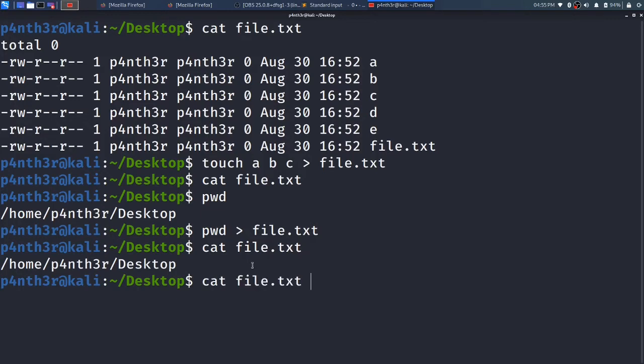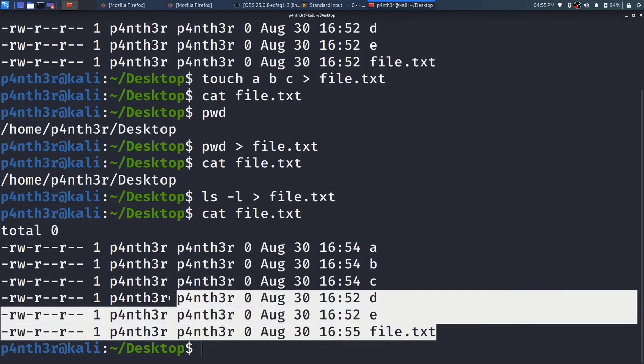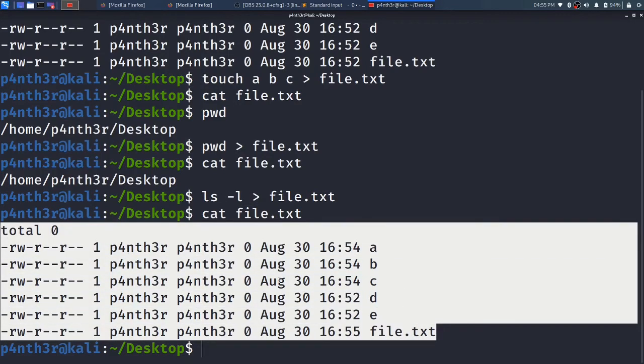You can see the output in file.txt. Let me again type ls, and cat file.txt. You can see that previously in that file.txt the data was empty, and now it has the present working directory, home panther desktop. When I redirect again, it overwrites and the file is created with new data.